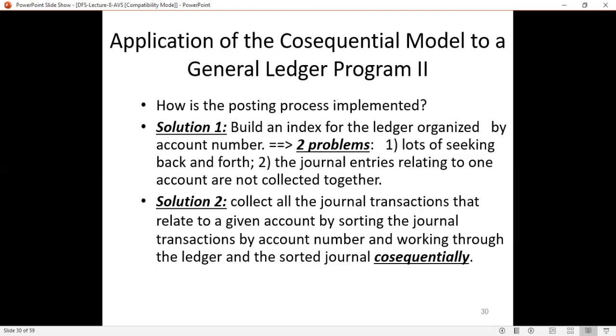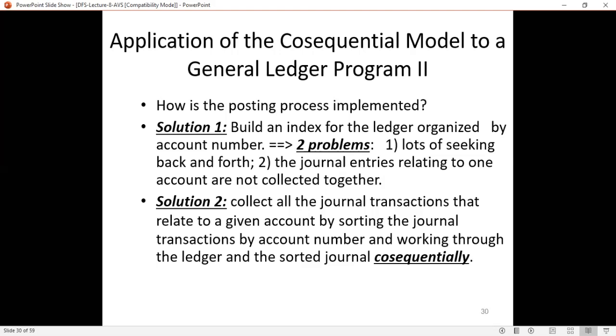One more solution, the second solution that we discussed here, is to collect all the journal transactions that relate to a given account by sorting the journal transactions by account number and working through the ledger and the sorted journal co-sequentially. That is, initially sort the journal file, then co-sequentially process the ledger and the journal file.